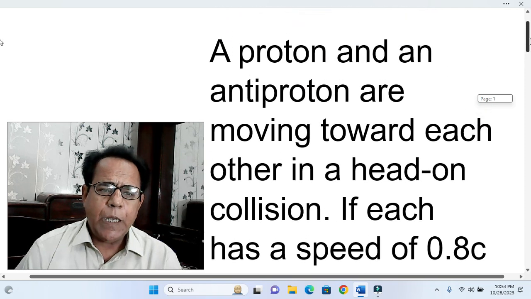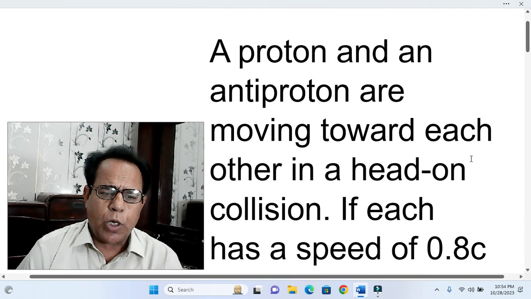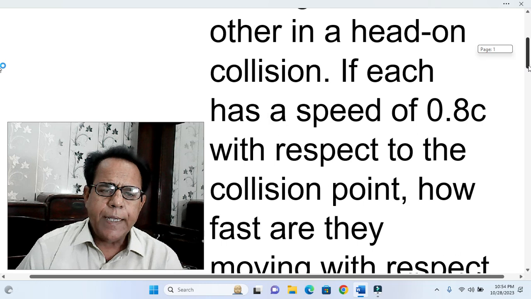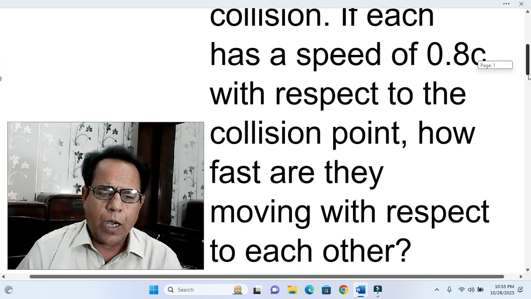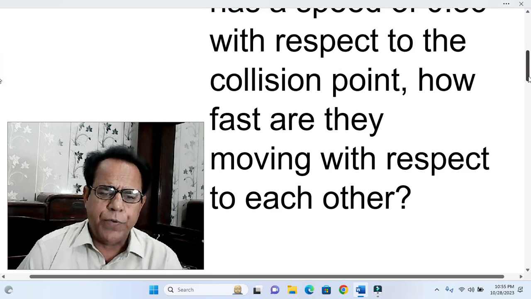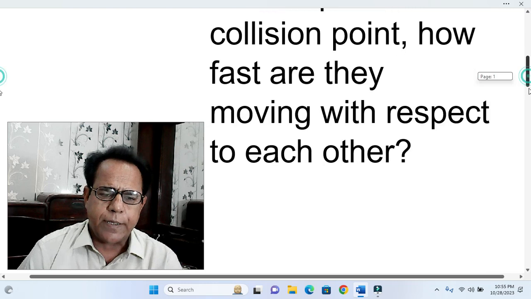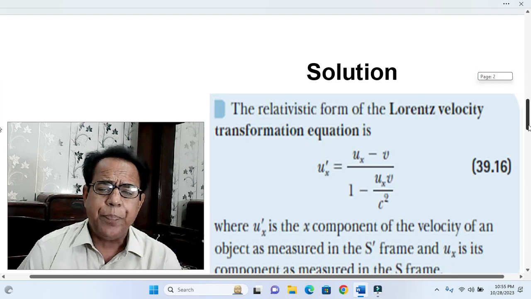A proton and an antiproton are moving toward each other in a head-on collision. If each has a speed of 0.8 c with respect to the collision point, how fast are they moving with respect to each other? Dear students,